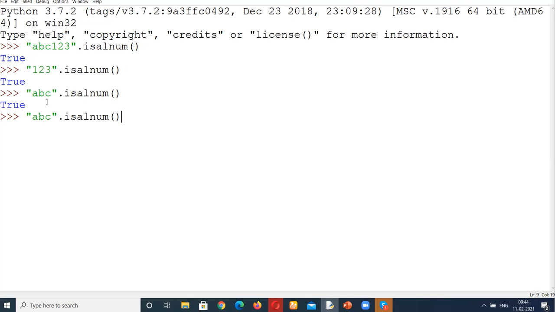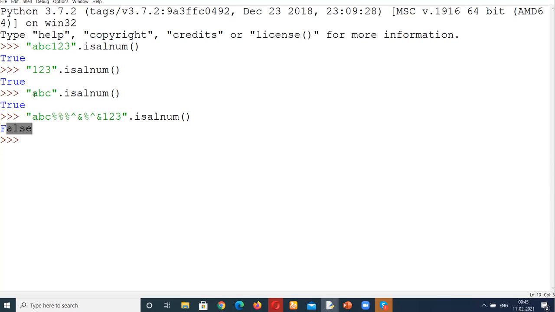Now I'm going to do some plus minus with this. Suppose I'm adding a few symbols somewhere, and then I'm checking, you can see that it is giving me false as an answer. So it means it is checking the complete string, not only a particular character.